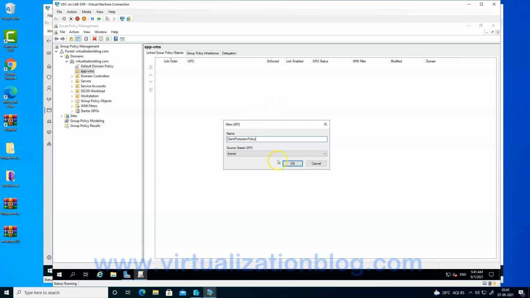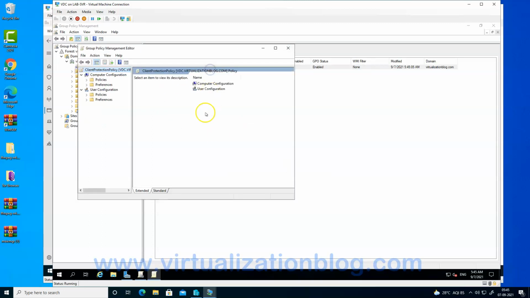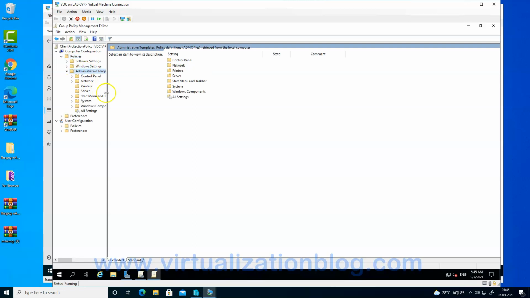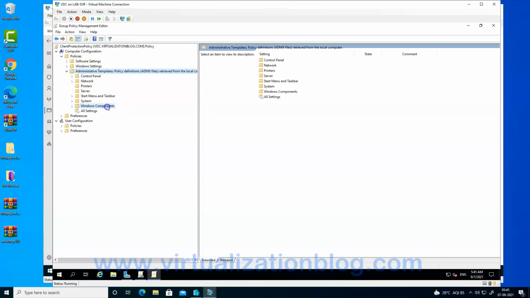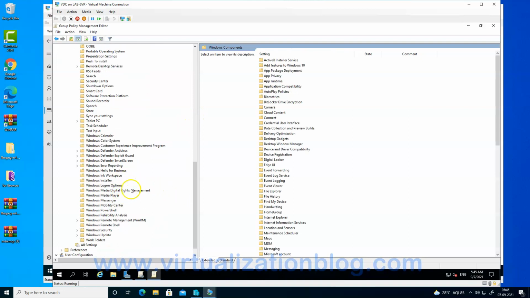Let's name it client protection policy, and let's edit the settings now. If I go to policies under computer configuration, under administrative templates, Windows components, and if you scroll down, we have an option of